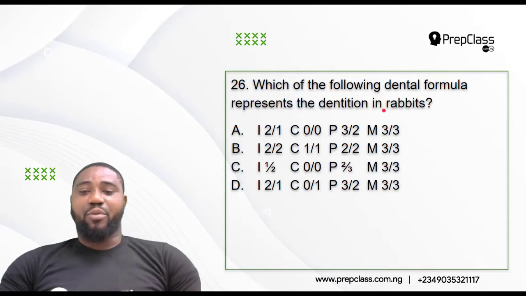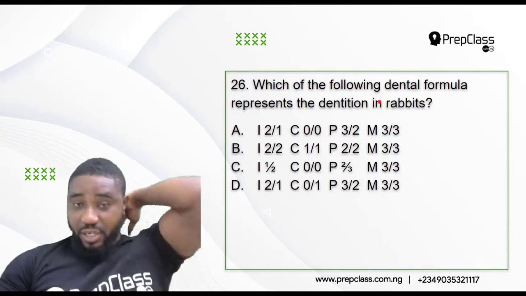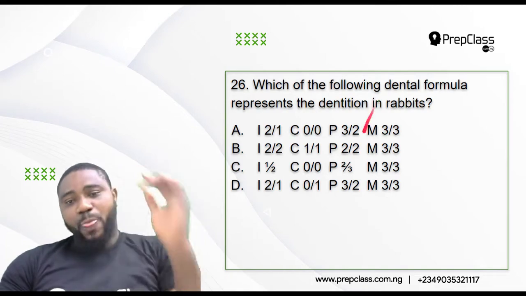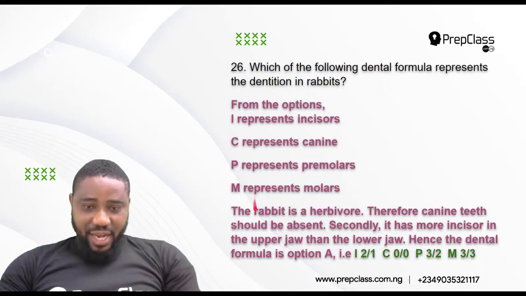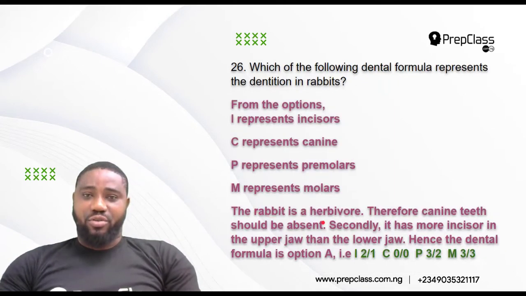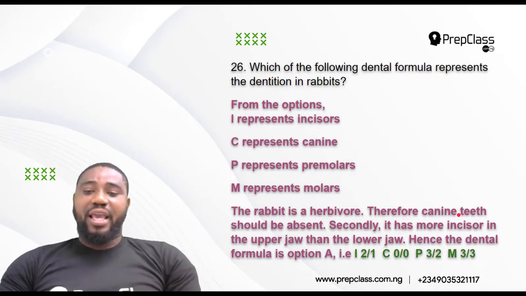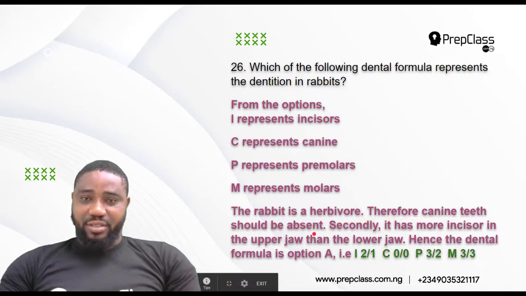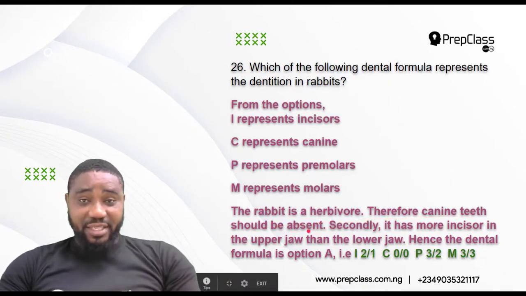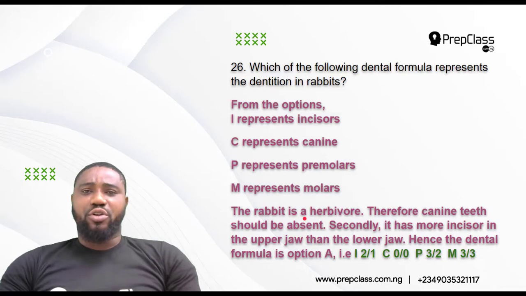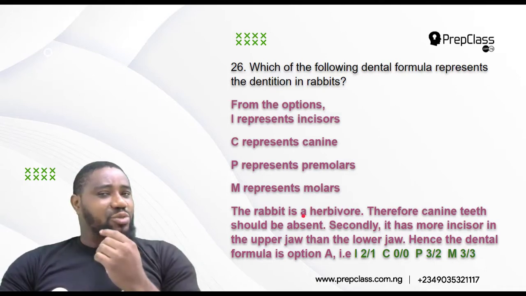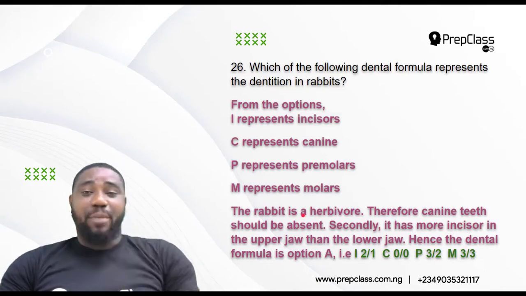Dentition or dental formula, we look at it from half of the jaw of the mammal. Now, the rabbit is a herbivore, that is, it feeds on grasses. Are you following? Therefore, canine teeth should be absent. Why is it that canine teeth should be absent in herbivores? Because herbivores do not feed on flesh. The canine teeth, this sharp one,